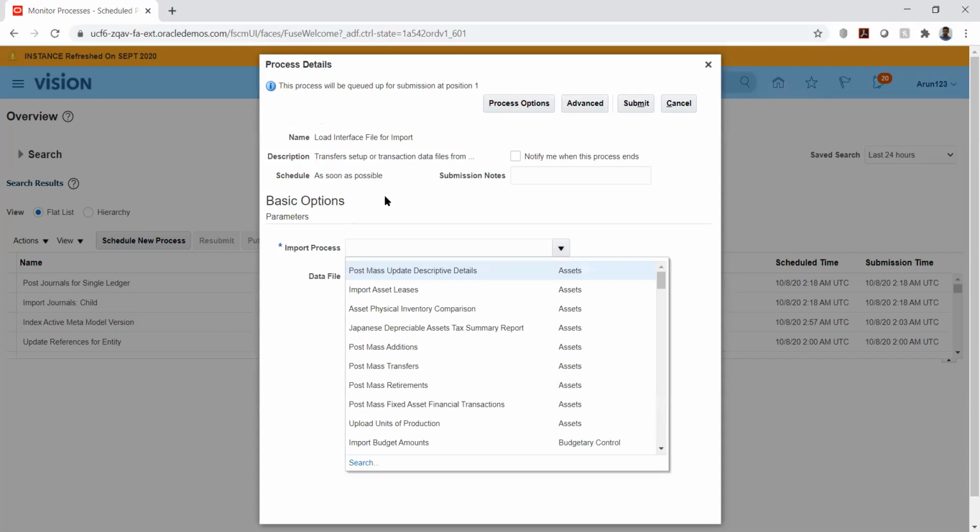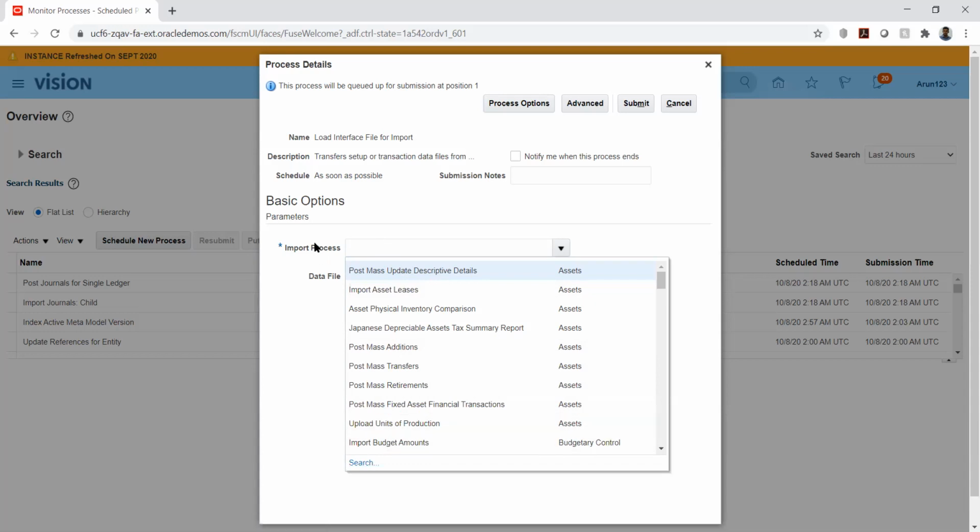Once UCM processes everything and keeps the file in the interface table, we need another program to pick from the interface table and place it in the base table. So we use the import process program to pick the file from the interface and place it in the actual base table.